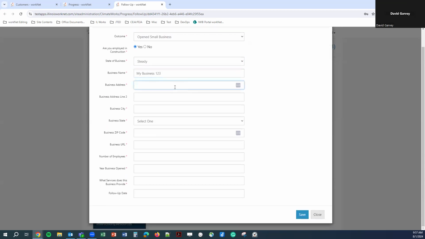And then the address information. And then a URL for the business, the number of employees, the year the business opened, what services are provided by the business,